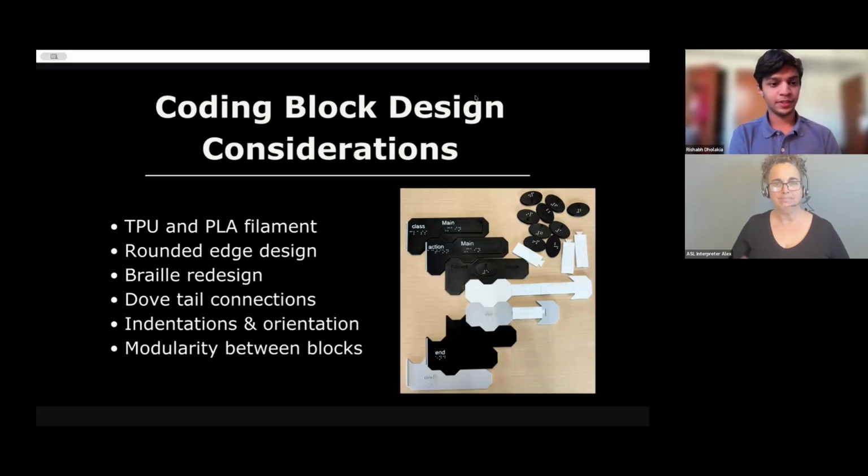Hello, so this is Rashab speaking now. On the screen, we can see some of the coding block design considerations that we've implemented on the mechanical design side using user feedback. And so some of the considerations we've had to make were material. Specifically for 3D printing, it's called filament. We were deciding between TPU, which is a more rubbery texture, versus PLA filament, which is a little more rigid and like normal plastic. We decided on using PLA because it has a better feel for the braille and makes